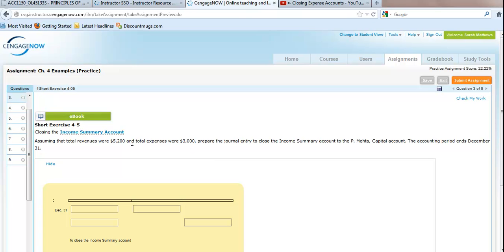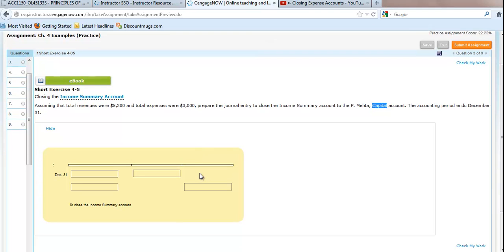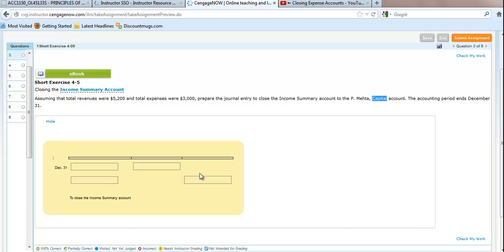Now, since we had a net income, we will increase our capital account with a credit and debit the income summary account. If it were the opposite, if we had a net loss, we would decrease or debit capital and then credit the income summary account. So this step is important in paying attention to whether you have a net income or a net loss. But because we have a net income, which is what we hope for, we're going to,